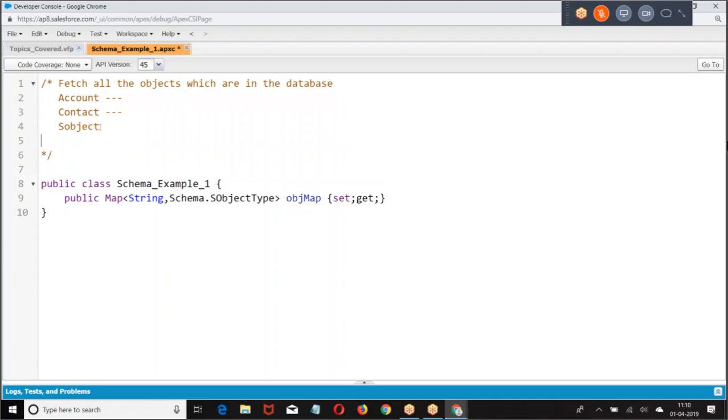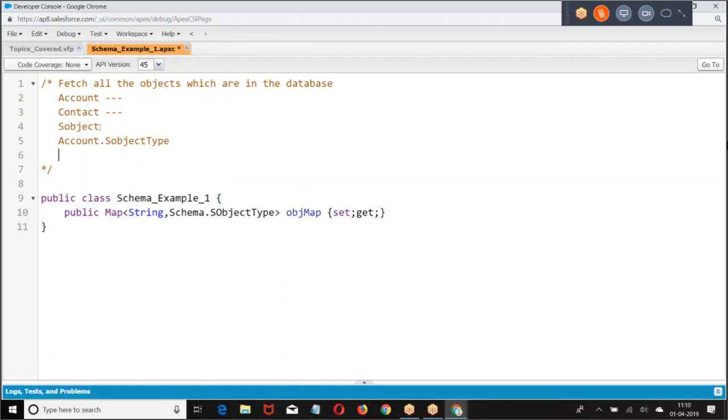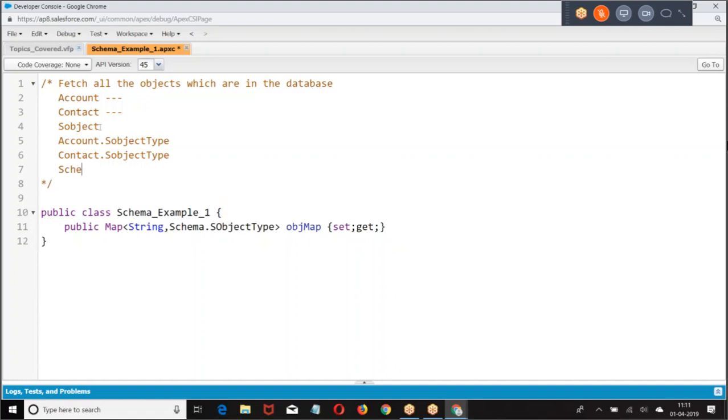Similarly, if you know it is an account, Account.sObjectType. If you know it's a contact, Contact.sObjectType.